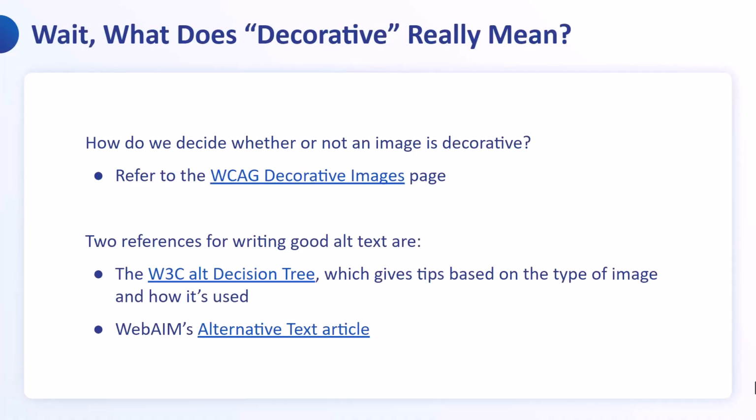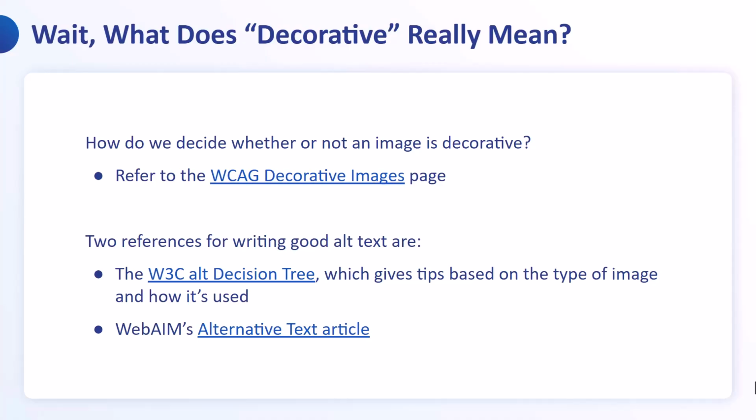So I do want to take a minute to talk about that. When I'm saying that something is decorative, whether it needs alt text or not, it's usually a simple decision. There are some cases where you might not be sure what to do, but usually when you see something, you tend to know right away that it's decorative, that it doesn't have to be communicated in order for someone to understand the document, right? If you aren't sure, there's a free reference tool made available by the W3C called the